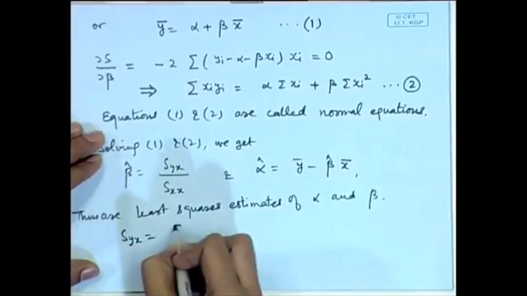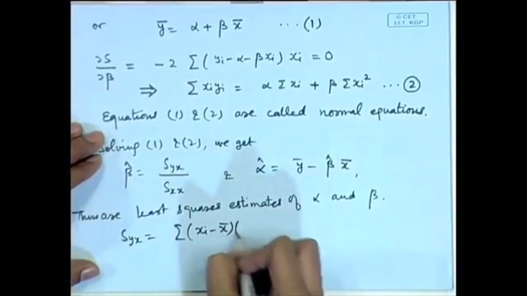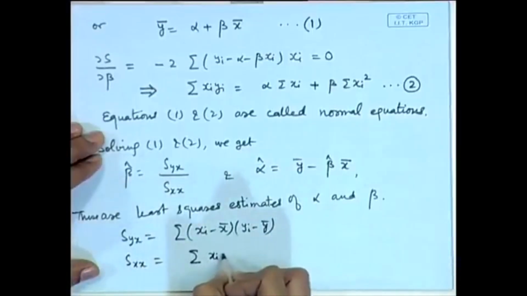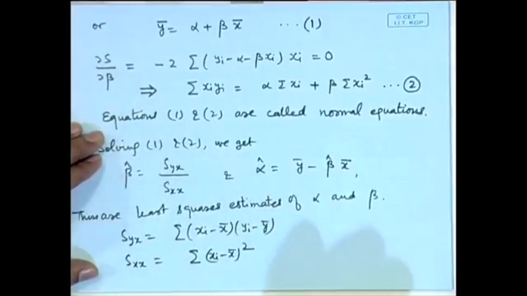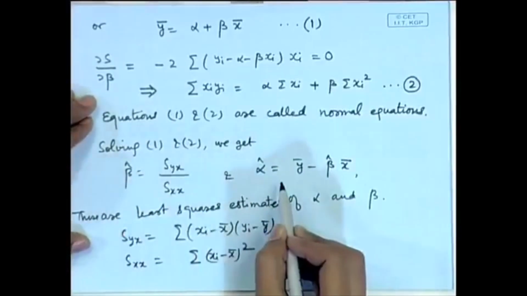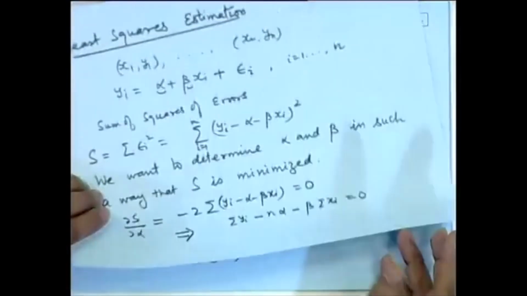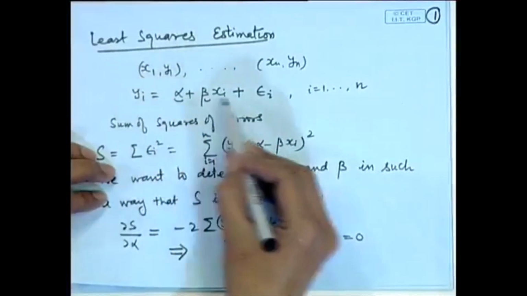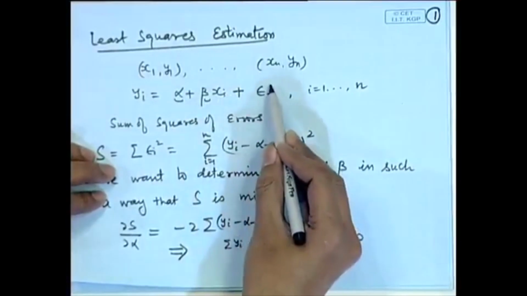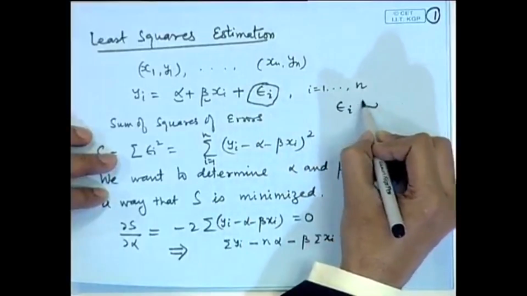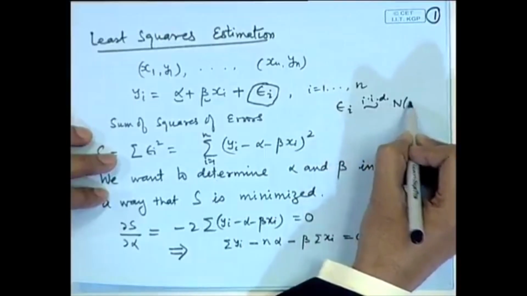Here S y x is sigma x i minus x bar into y i minus y bar, and S x x is equal to sigma x i minus x bar whole square. It can be shown that this alpha hat and beta hat are actually unbiased. Now, for that we have to make certain assumptions on the model. We have assumed that y i and x i are related through this relationship, and we have introduced a random error here, epsilon i. So, if we assume epsilon i's are IID normal 0 sigma square, then it can be easily shown that